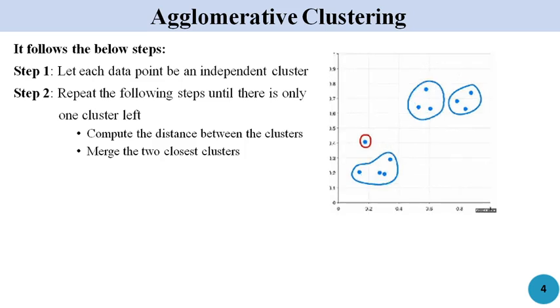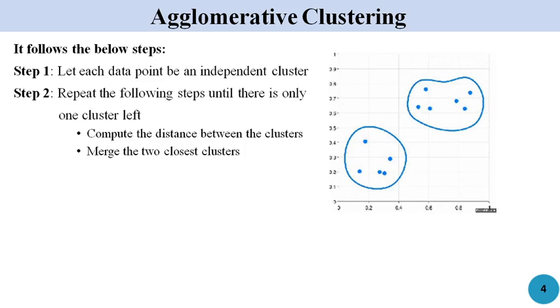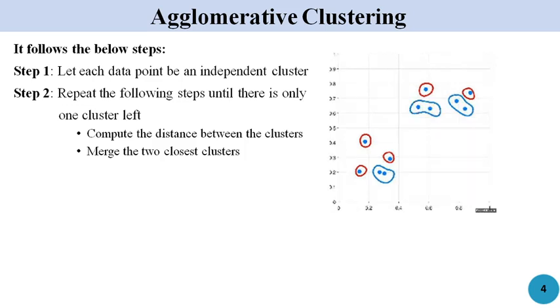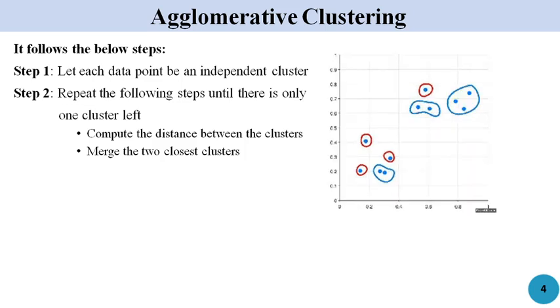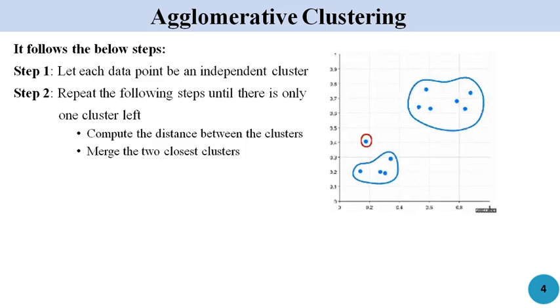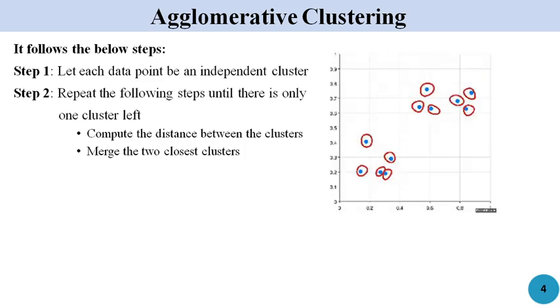The visual representation that has been shown here for agglomerative clustering will give us a better understanding of how agglomerative clustering is actually working. It starts with n data points being represented as individual clusters, and finally, after all the processing is done, all the n data points will be part of one single cluster.